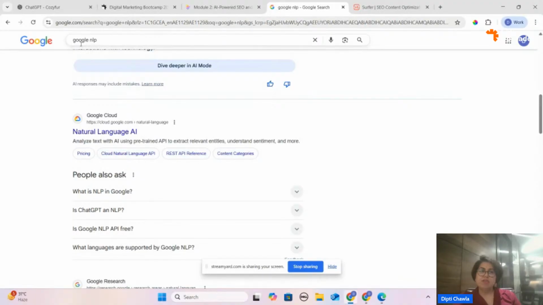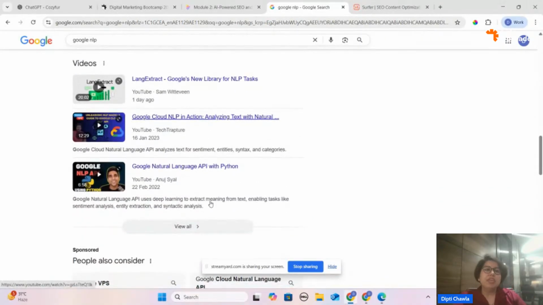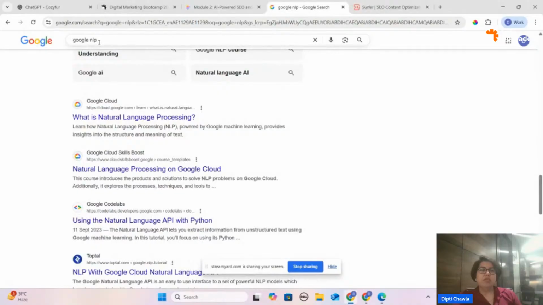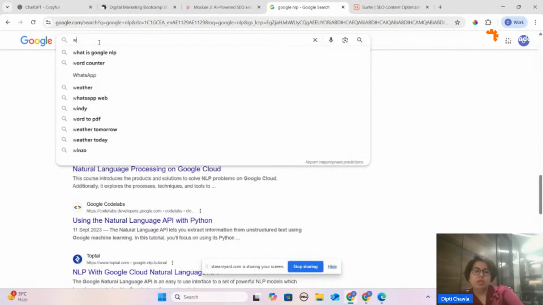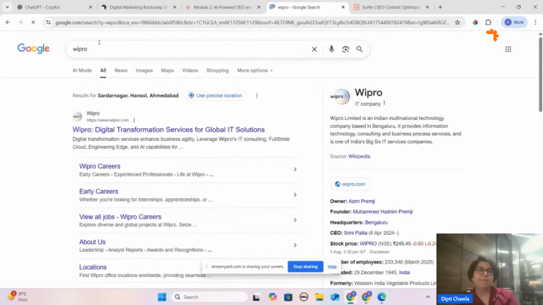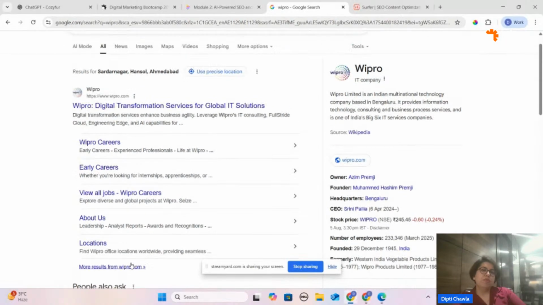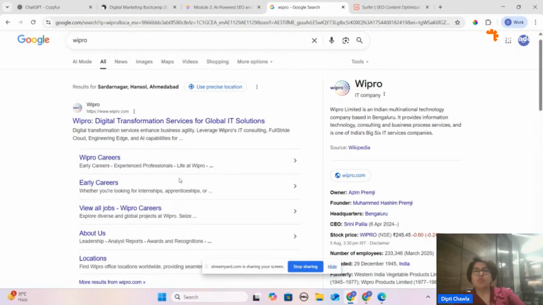These things are placed at many search places. Let's say Wipro. Now, can you see this section, specifically careers, early careers, Wipro jobs, Wipro about us, Wipro location, more about Wipro? Why has it been highlighted in this way?